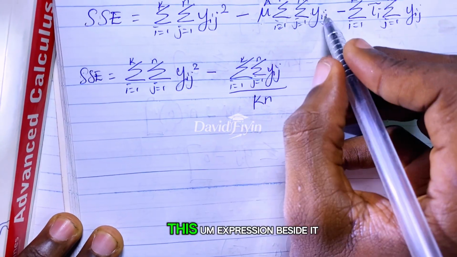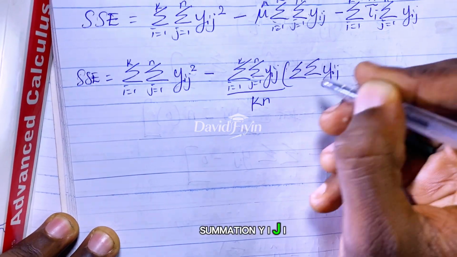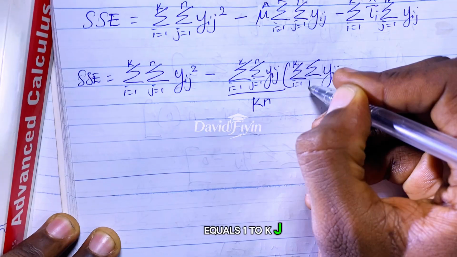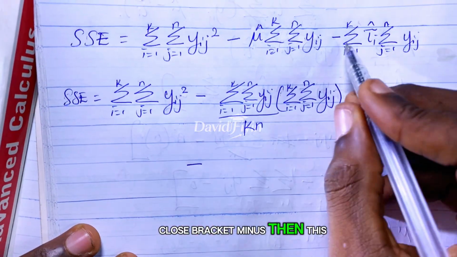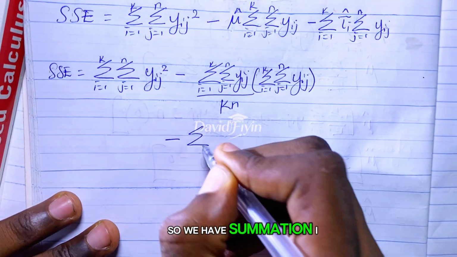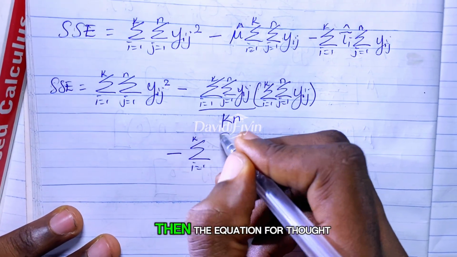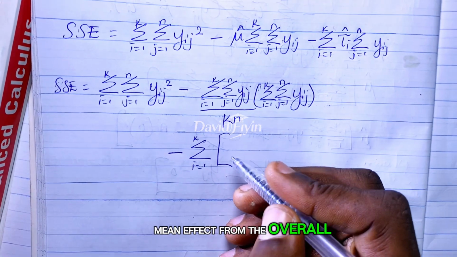And so we multiply by this expression beside it. So we have, into brackets, summation y_ij, i equals 1 to k, j equals 1 to n, close brackets, minus then this. So we break tau i down into its original equation. So we have summation i equals 1 to k. Then the equation for tau i, which is the deviation of the treatment mean effect from the overall mean effect,